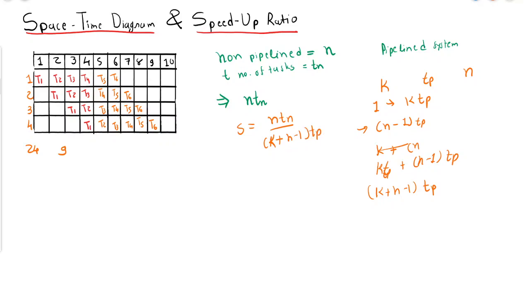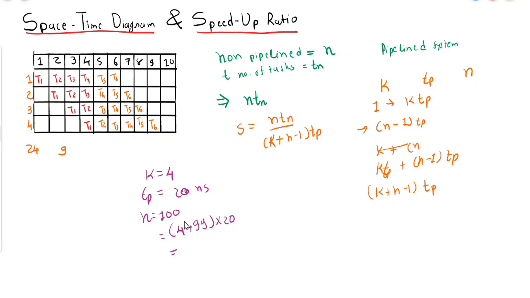Okay, clear with this? So let's try to calculate a numerical. Let's take one value. Let's say we have a 4-segment pipeline, so the value of k will be 4. And let's say each segment in the pipeline requires 20 nanoseconds to complete the task. And let us assume that we have 100 tasks. So if we put all these values into the equation, then (4 + 100 - 1) × 20,